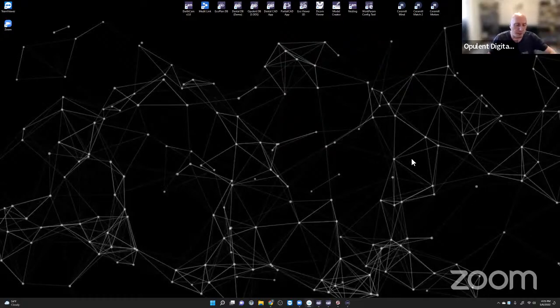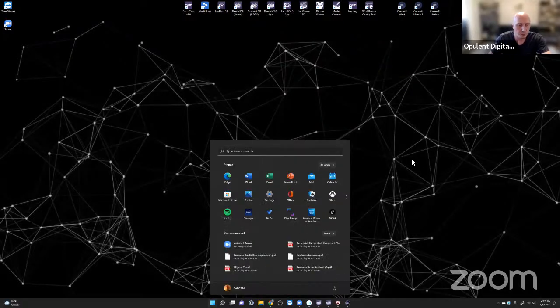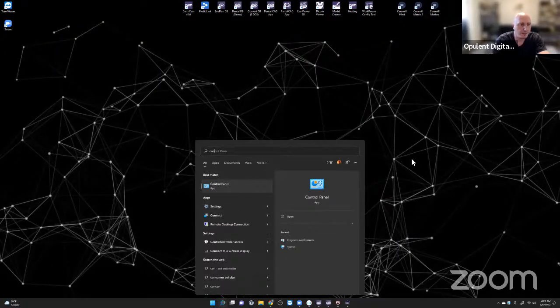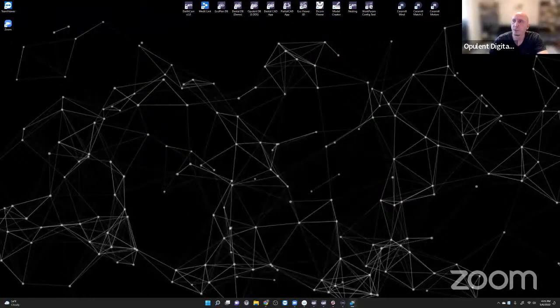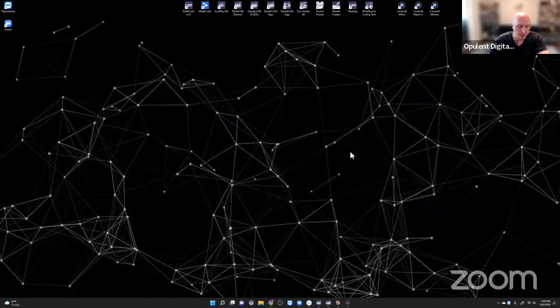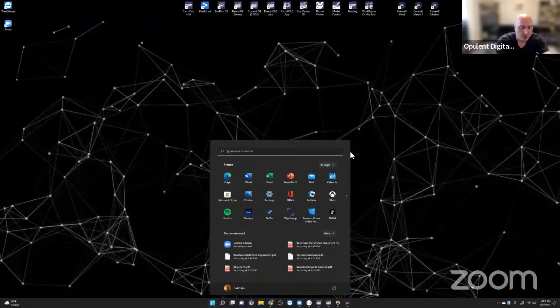And how you connect it, if I try showing it to you, the drivers will probably go nuts, and it won't share the correct screen anymore. But I can show you, if you hit the Windows key, you would look for the Connect app. So this is this one here. Let me bring this on another screen. If for some reason the Connect app is not there, I think it's called